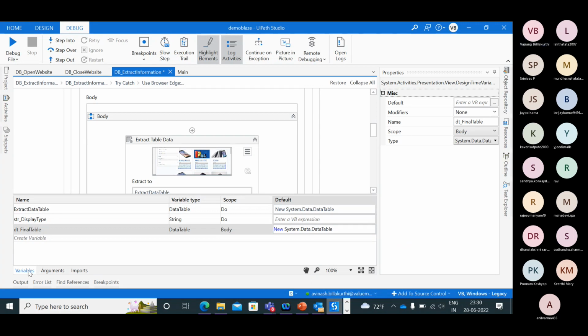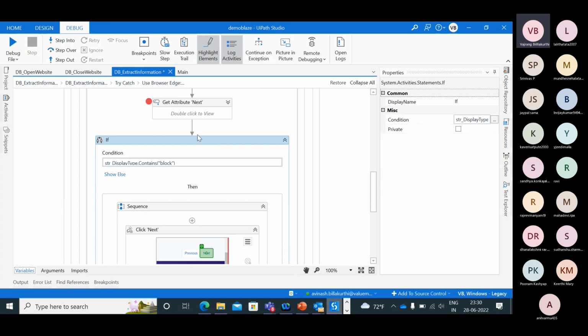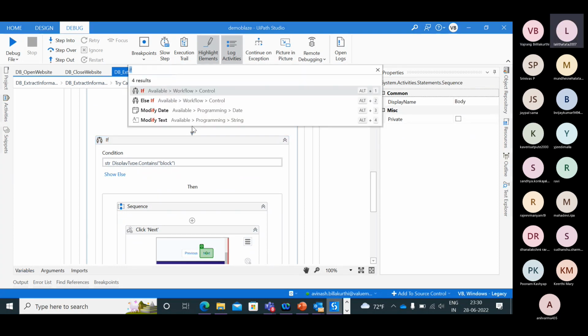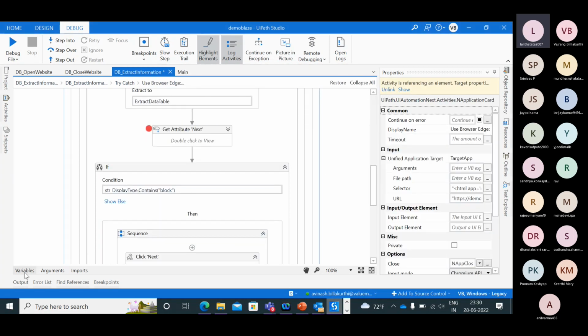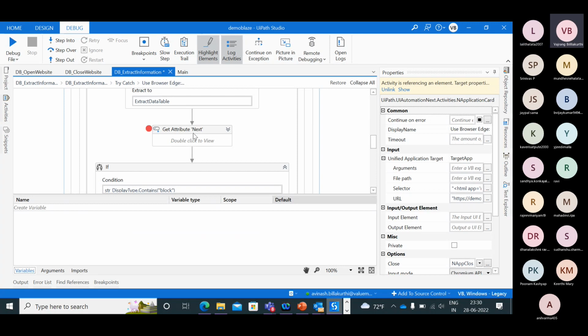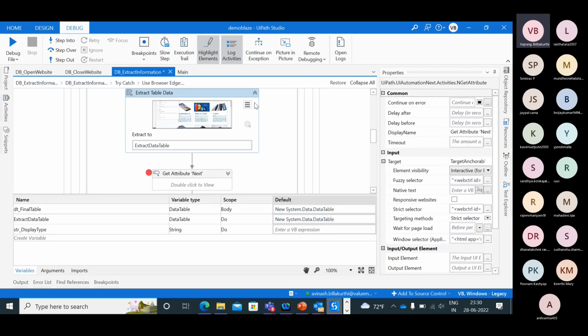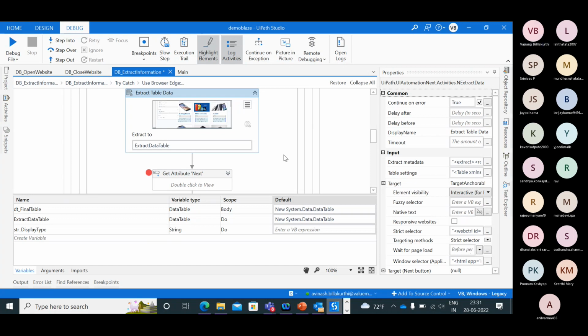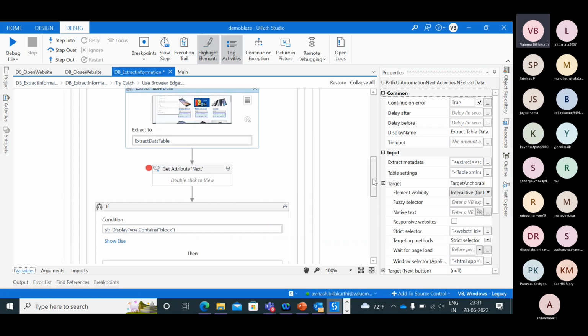Okay. So what I will do, I'll do one thing over here. Vajram, why are you giving a value in default? What is that you have mentioned in default? So here, when we are creating a data table, it should be initialized. Like, okay, create a new data table. That's what we are telling it for us. Okay, so this is the property that we need to add.